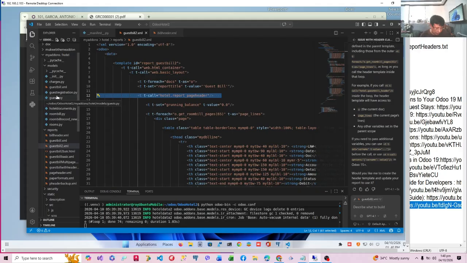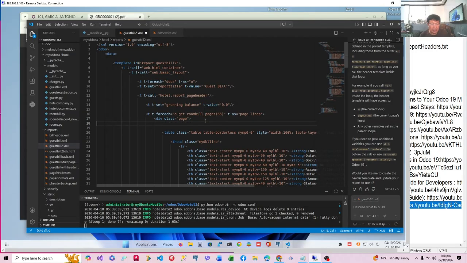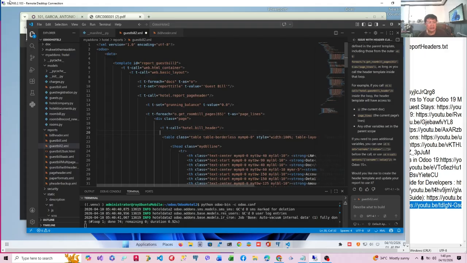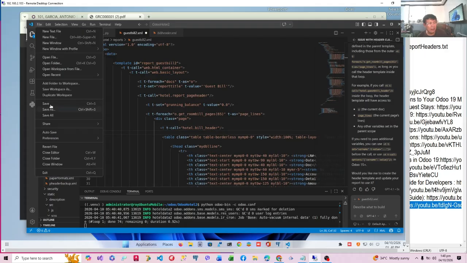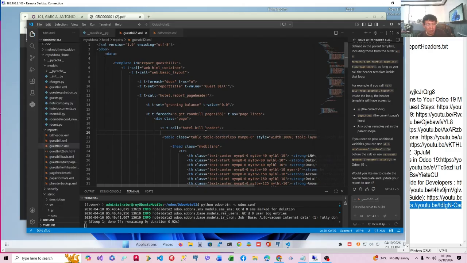There's no parameter set to it. It should be inside the page. Now, having declared this before the table, it will be part of the header because it's before the table. So we call it bill header. This is a very important approach because this will simplify our code and also make our report easier to manage. I hope you follow. I have transferred my report specific page header to a file called bill header. So that's why I'm calling it here like this. And let me update. I hope there's no error.